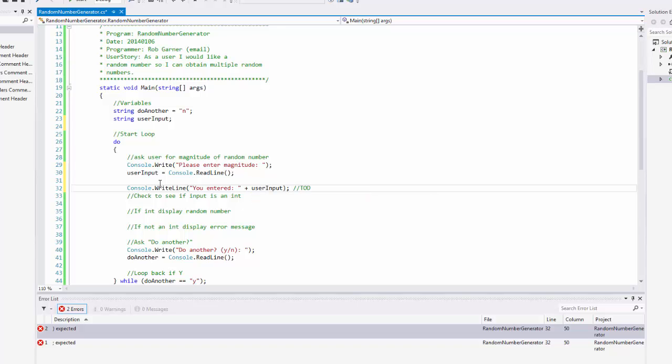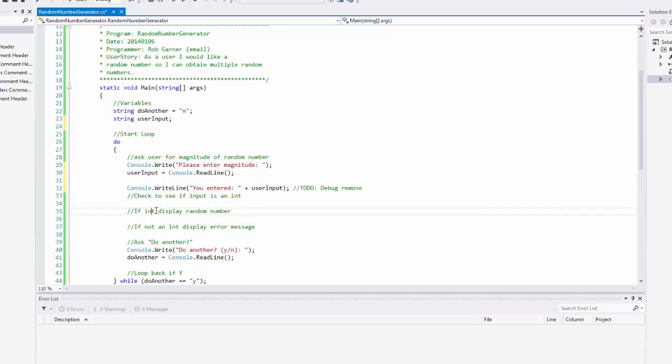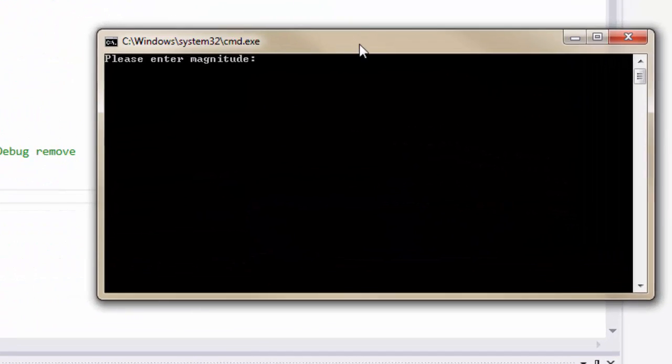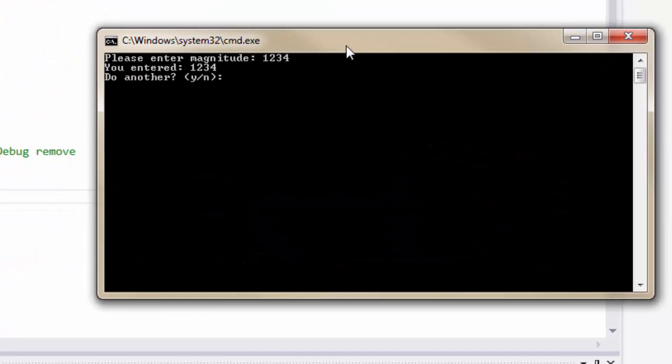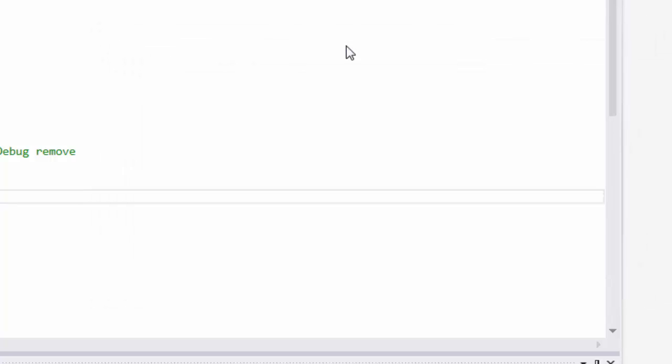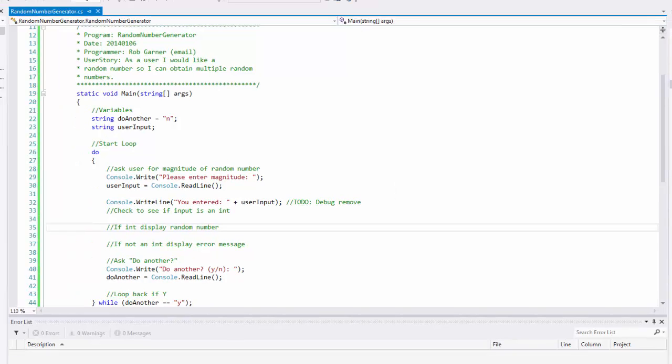Put a to-do comment in case I get pulled away so that I can remember to remove that. And test it. And we're getting inputs, so we know that's working. Next, we'll